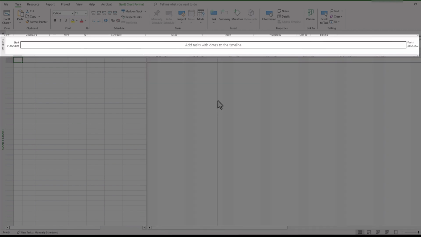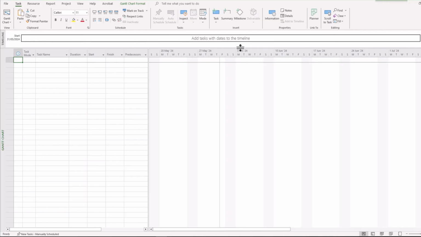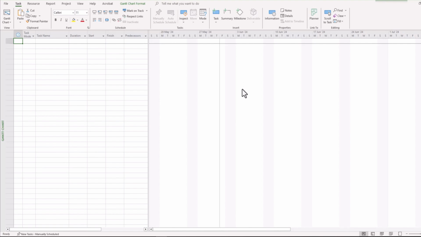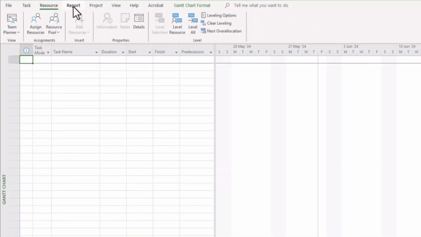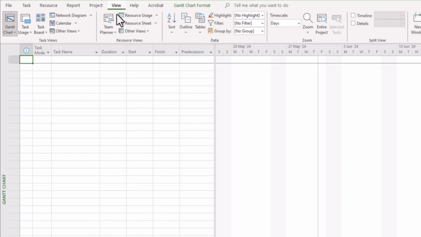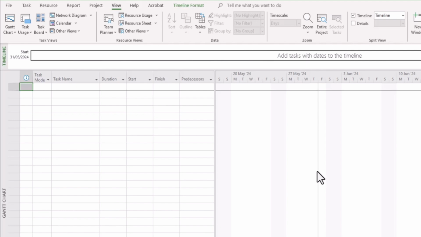In between the main worksheet and the ribbon there is a timeline which can be used to identify and highlight select tasks and activities. If you want to make more room and remove this timeline temporarily or permanently, you can simply double click on that. If you want to get it back again, you can go to the View ribbon and click Timeline and you'll see it back again.